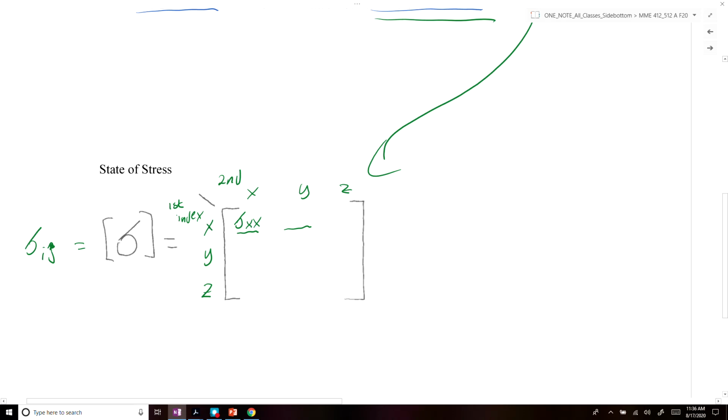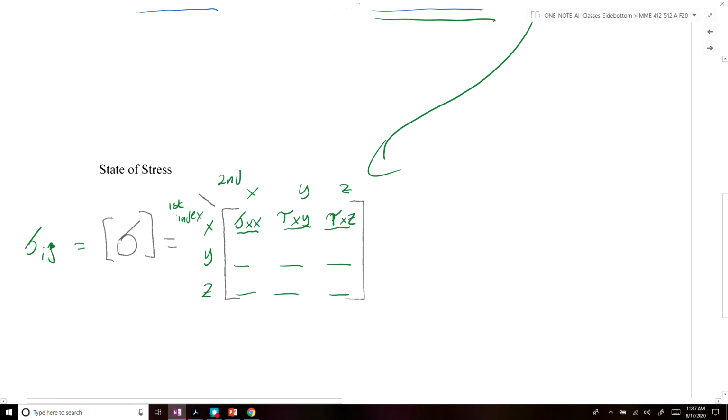For the second component, since it has different elements, we're going to label it as a shear stress, and it'll be tau xy. Then our third component of the stress matrix is going to be equal to tau xz. All right, and we're just going to follow this pattern out until we have all the components of our stress